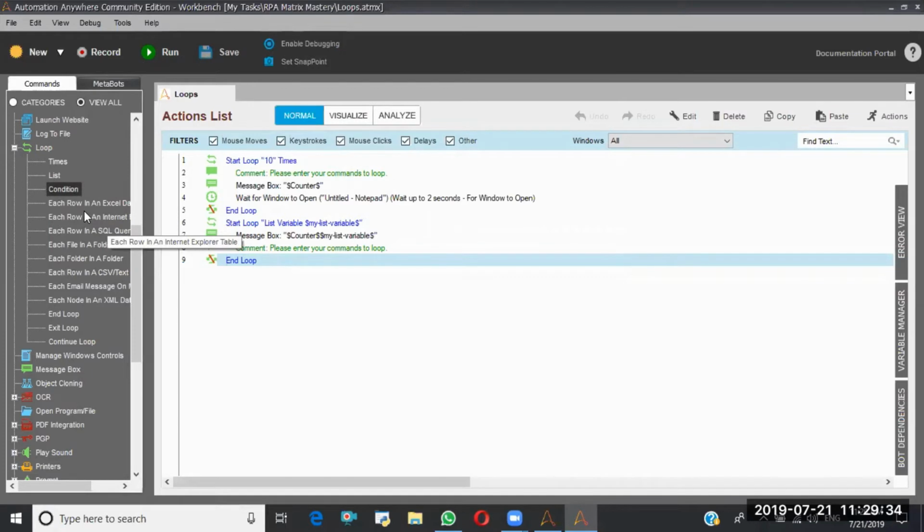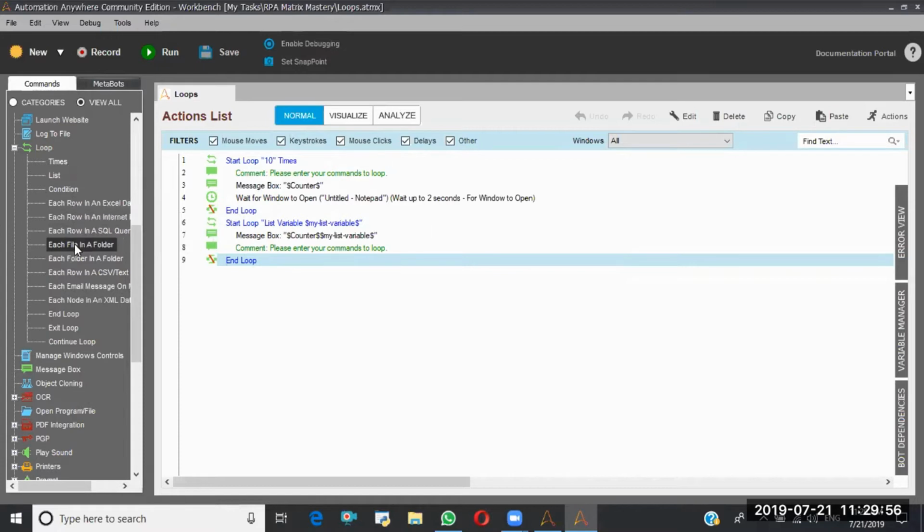The internet table loop I already explained when we discussed the internet table. Each row in a SQL query will be covered when we discuss databases.